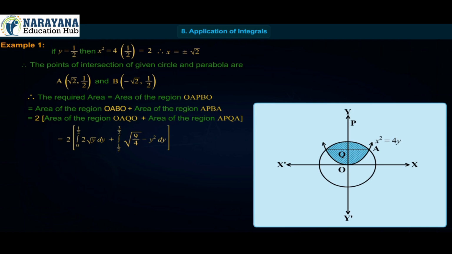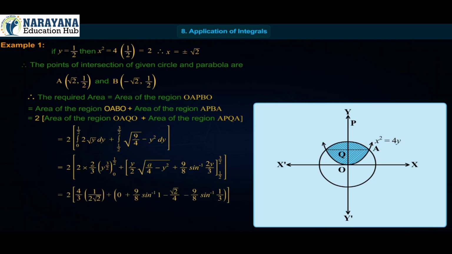the integral from 0 to 1/2 of 2√y dy plus the integral from 1/2 to 3/2 of √(9/4 − y²) dy, which equals 2 into [2/3 y^(3/2)] from 0 to 1/2 plus [y/2 √(9/4 − y²) + 9/8 sin⁻¹(2y/3)] from 1/2 to 3/2, which equals 2 into 4/3 into 1/(2√2) plus 0 plus 9/8 sin⁻¹(1) minus √2/4 minus 9/8 sin⁻¹(1/3)